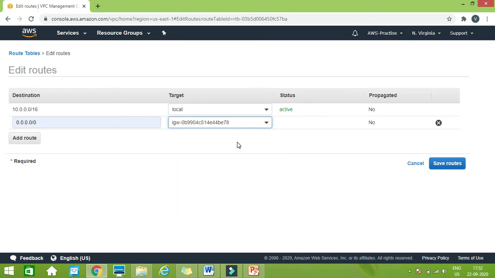Now what does it mean? It means if any request bears this address, it is meant for this own subnet. But if any other request is not bearing this address, then we are saying 0.0.0.0/0, meaning any other address is set to be a default address. So if there is any default address, then it directs the packet to the internet gateway, and then the internet gateway will decide where to forward this packet so that it can reach the destination. So here we are saying that any other request except this will be sent to the internet gateway. We are going to save this.